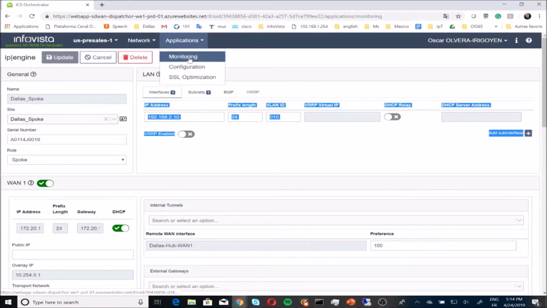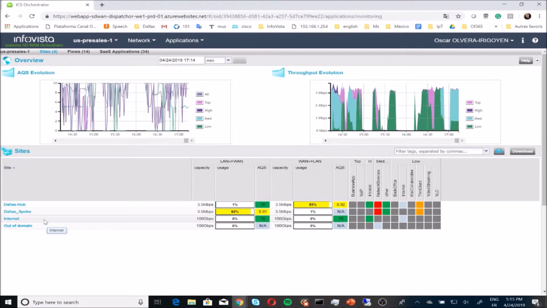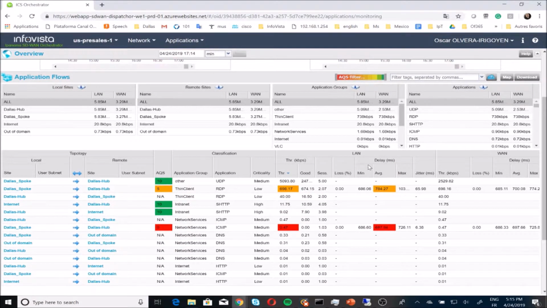Now I can see my monitoring system. So the two sites are automatically provisioned here. So in this case, the hub and the spoke with the speeds of the links 3.5 megabits per second, and the different applications. They have the internet and outer domain sites as well by default. And I can see also the flows that are traversing the network. Different flows,